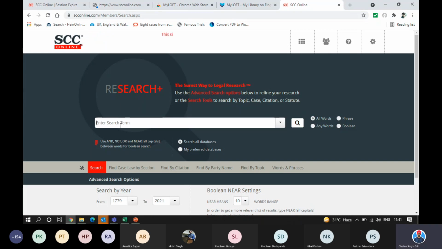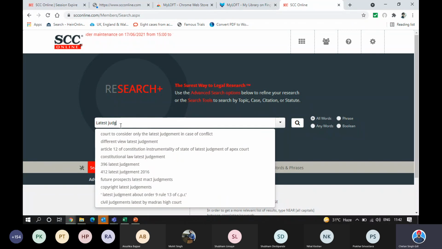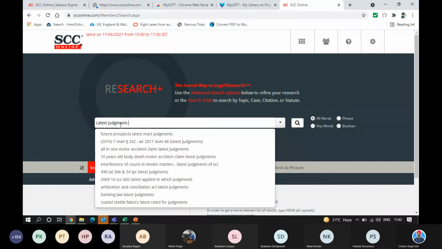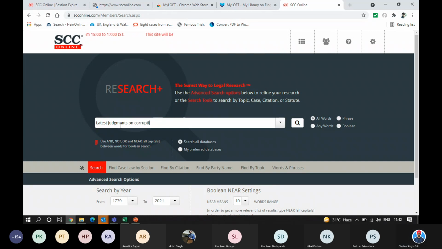How would you write it on Google? Let's write it in the same way. I want to see the latest judgments on corruption, right? From